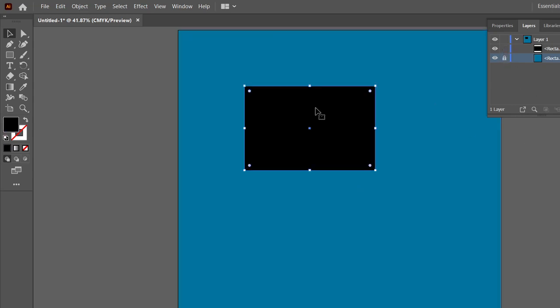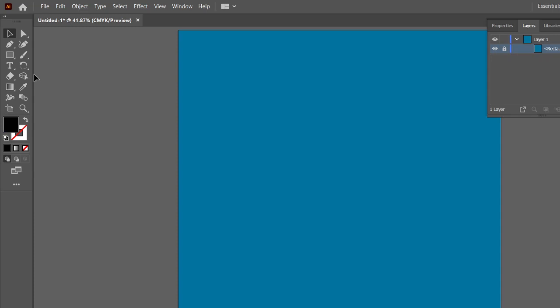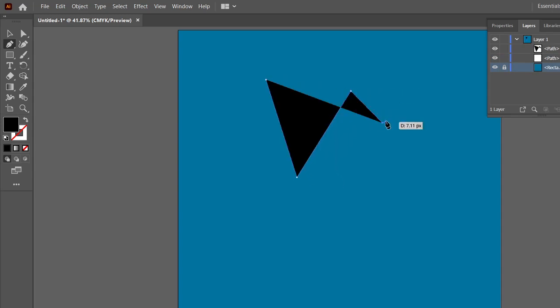Okay. So the second thing which we generally use in illustration is the pen tool. The pen tool is the most powerful tool in Illustrator. With the help of this, you can do any basic stuffs. Let me show you what the pen tool generally stands for. Similarly, if you click on one point and go to another, it will draw a straight line. See, like this it will be a straight line.